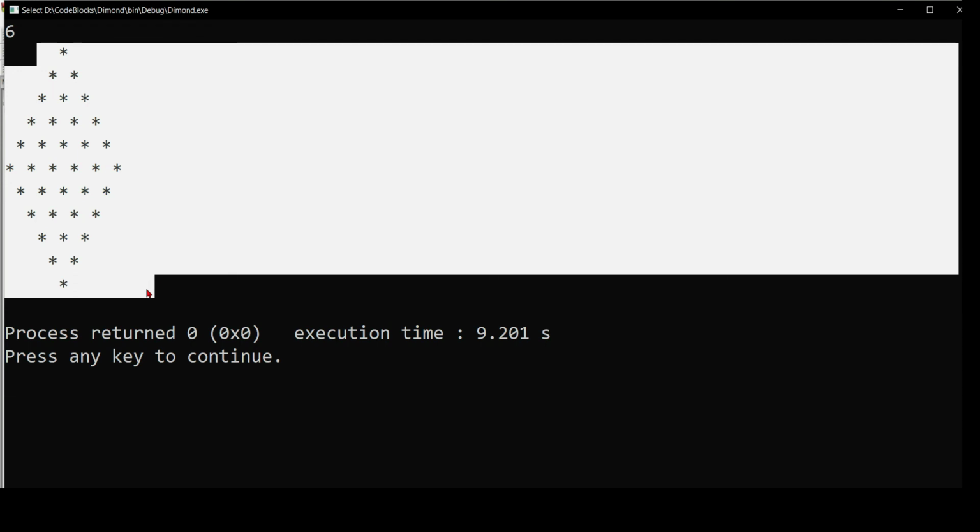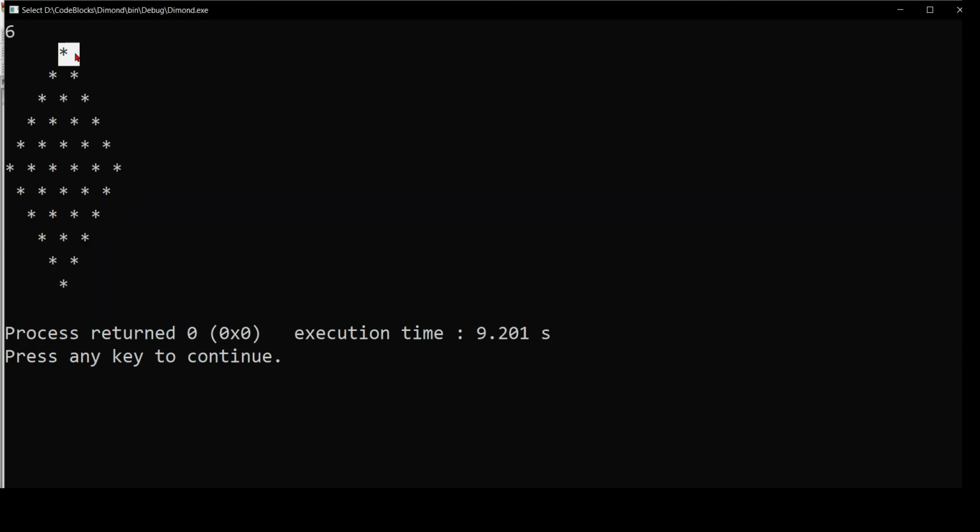The pyramid pattern has been printed. So basically these 6 rows will be 1, 2, 3, 4, 5 and 6 rows. The upper pyramid will be of 6 rows and the lower will be of 5 rows, and in this way the pattern will be printed.